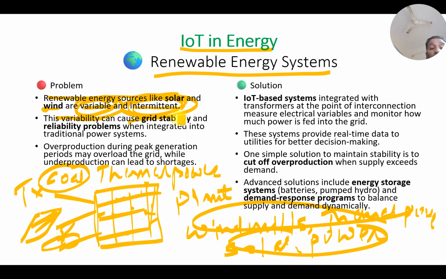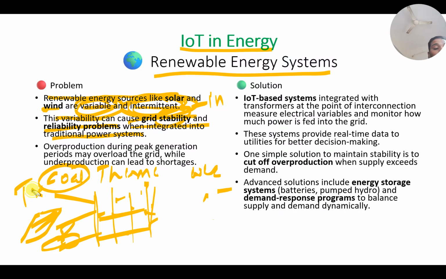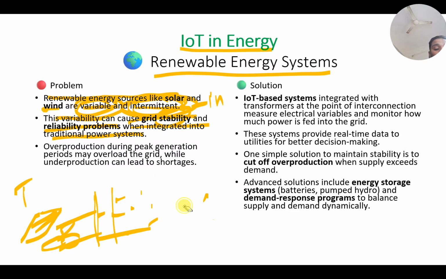This variability can cause grid instability and reliability problems, or grid stability problems, however it is referred to, when integrated into traditional power systems. So now what I do is, in my smart grid,